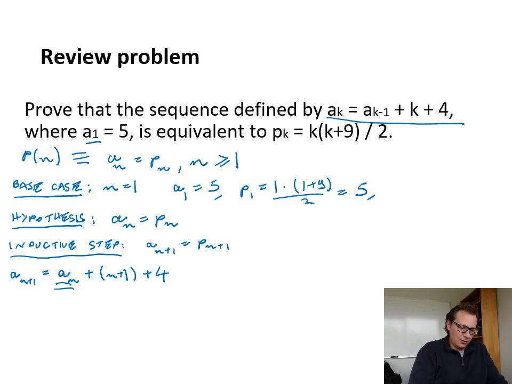And so we know from our hypothesis that a of n is equal to p of n. We assume that. And so we plug p of n into this. So we get that this is equal to p of n, that's n times n plus 9 divided by 2. And then we still have plus n plus 1 plus 4. So that's equal to